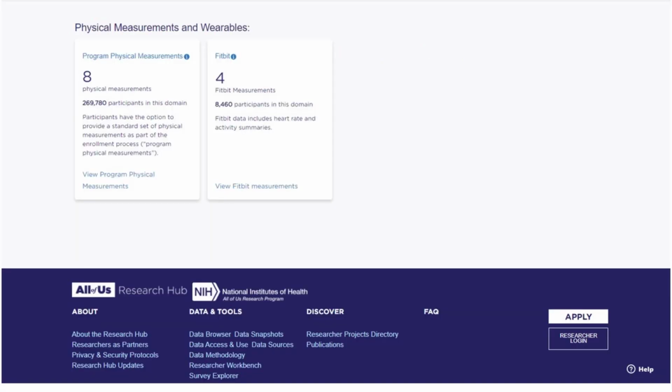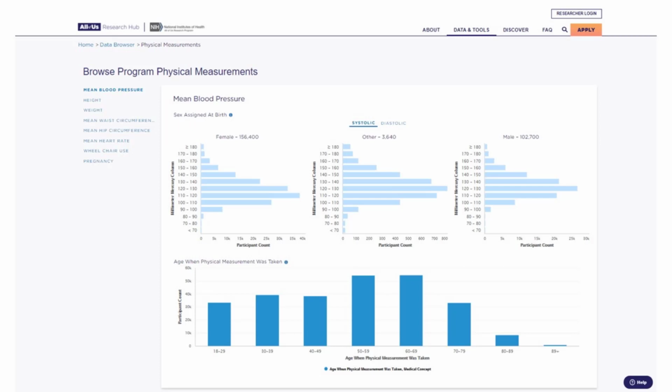Now, let's explore physical measurements and wearables. We will start by looking at program physical measurements. Participants that enroll in the All of Us research program may be asked to provide a standard set of physical measurements, including blood pressure, height, weight, and waist circumference. The data browser allows you to see how many people of each sex assigned at birth or age group have